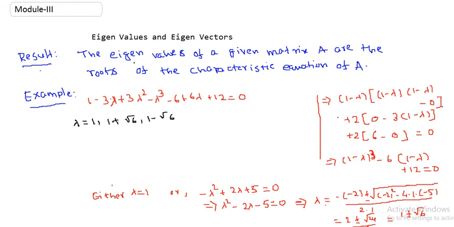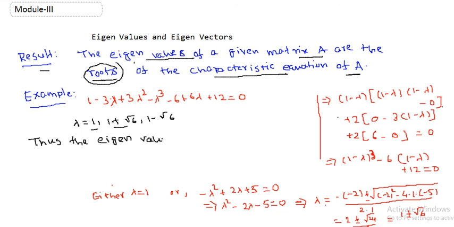Now this result says that the eigenvalues of the given matrix A are the roots of this characteristic equation. This is the very important one: the eigenvalues are the roots of the characteristic equation of the matrix A. Because we found that the roots of this characteristic equation are 1, 1 plus root 6 and 1 minus root 6, thus the eigenvalues of the matrix are